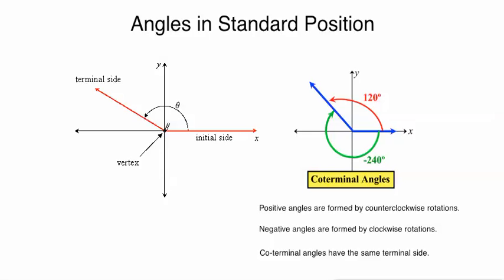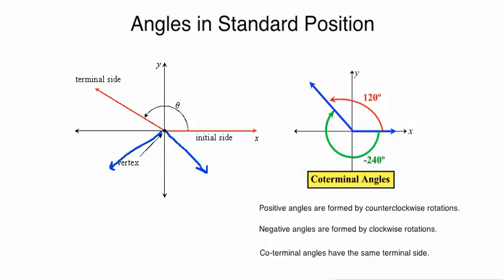The terminal side, or where the angle ends, is going to come from the vertex, which is usually the origin, almost always, and extend in whatever direction it is that it's ending. So it could be up here, it could be down this way, it could be even over here, and you could have an angle that is quite large. You'll notice that